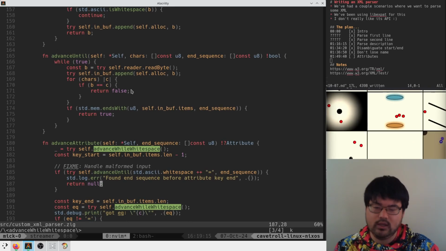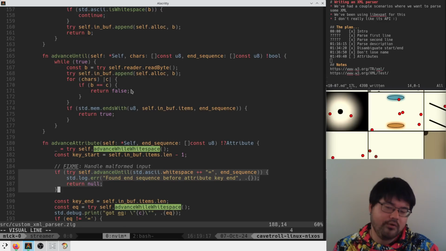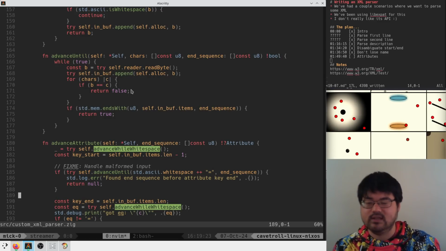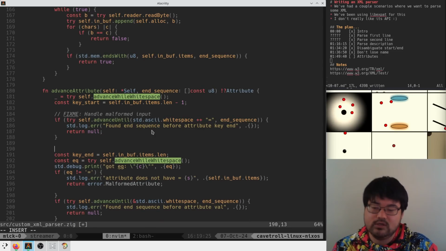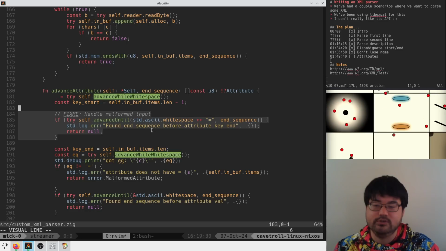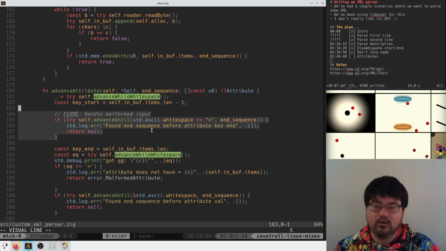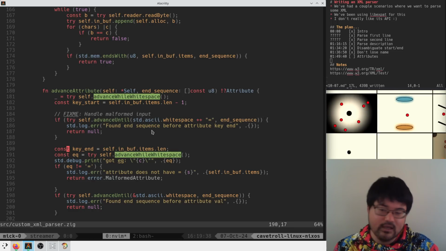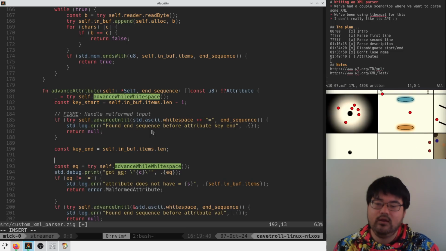He should be going until... Oh, here he advanced until... He saw the equals here because there's no white space before. We assumed that there would be white space then it equals, which is wrong. So here we need to do if... Oh, this is just stupid. Advance until this thing. Oh yeah, okay, so this is the end of the name, or the end of the key. So now we have to say,